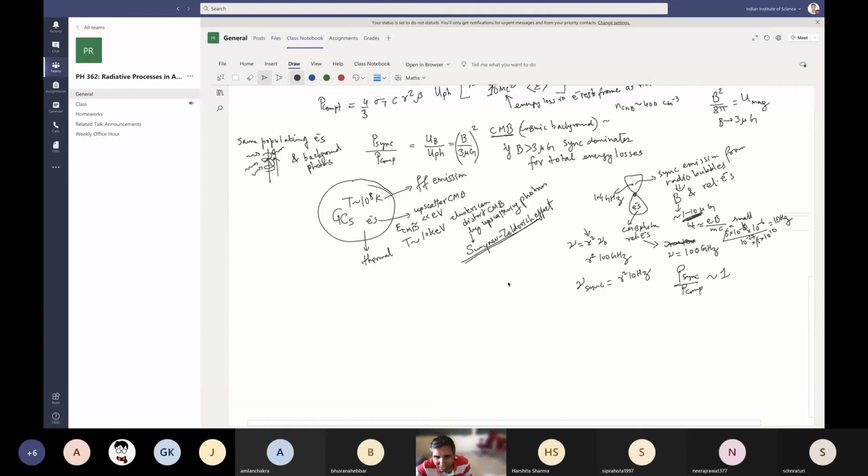So basically, in these radio bubbles you'll have this synchrotron spectrum, nu to the minus (p minus 1) by 2, at let's say 1.4 gigahertz, so that's 10 to the 9. If you want to go from 10 hertz to 10 to the 9 hertz, you need gamma of about 10 to the 4. Now, if gamma is 10 to the 4, gamma squared is 10 to the 8. So a 100 gigahertz CMB photon